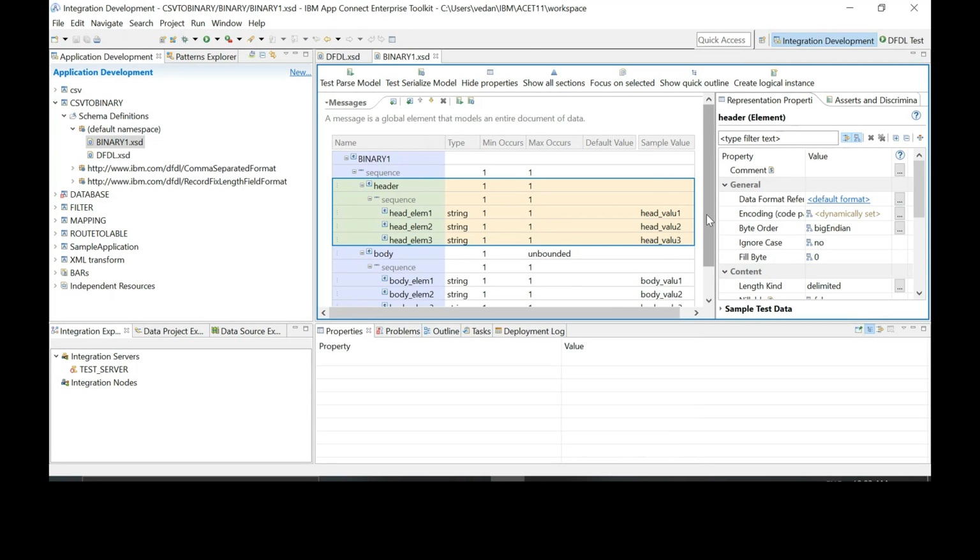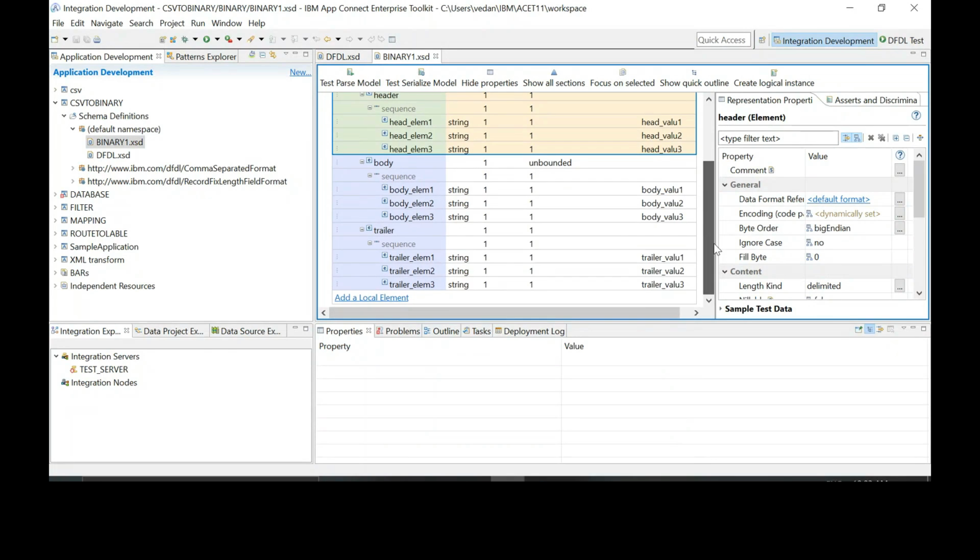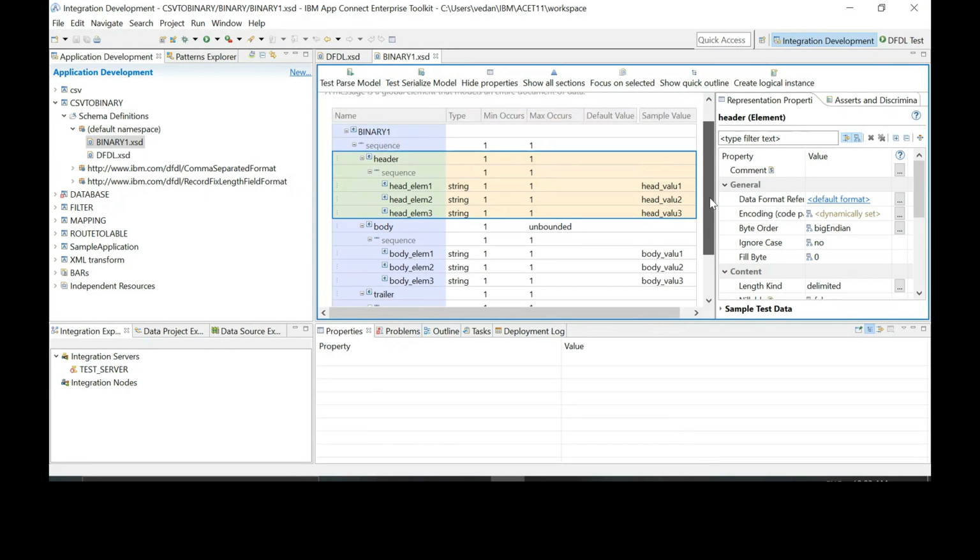You would see header occurs only once, body occurs multiple times, and trailer occurs only once. And each of these fields are mandatory. Everything has an occurrence of one. Can we also change min and max occurs of this header, body? Yeah, you can. Okay.